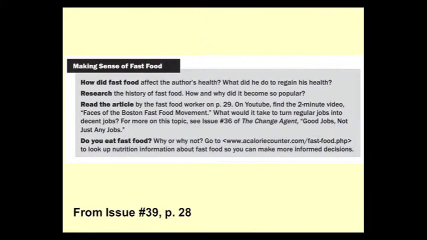Then there's this prompt that you could research the history of fast food and find out how it became so popular. And so now we're sending students off possibly to use technology, to use the internet, to look things up, to think about how they might want to present their research. Maybe they would want to create a PowerPoint, maybe they'd want to grab images with little captions, maybe they would want to write an essay. They would need to cite their sources, you know. So again, you are building up their basic skills, but you're still rooted in this article and this topic that's